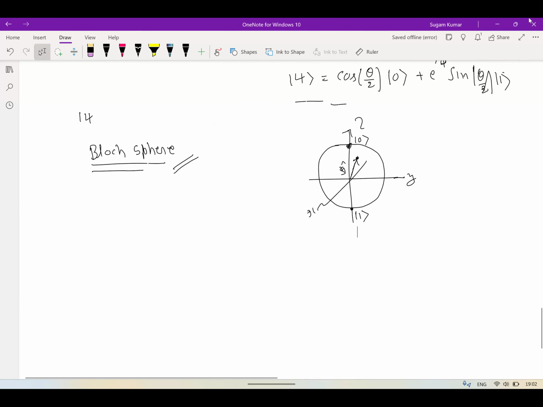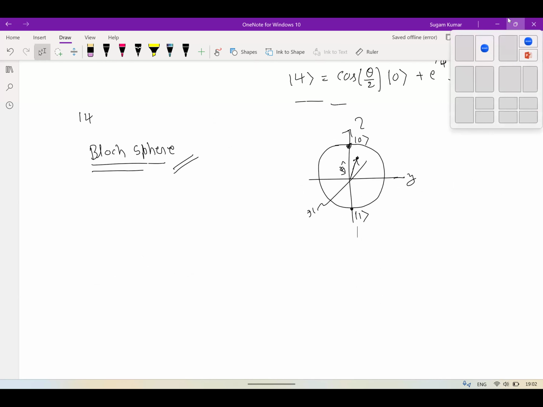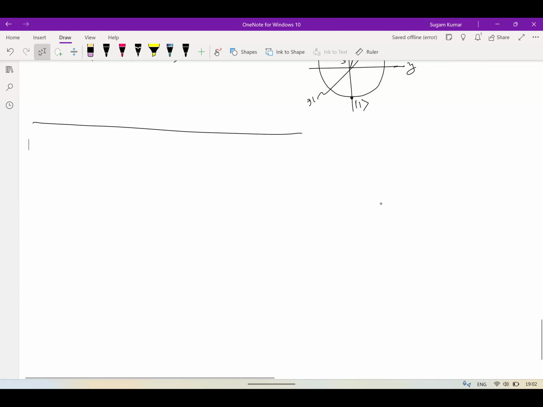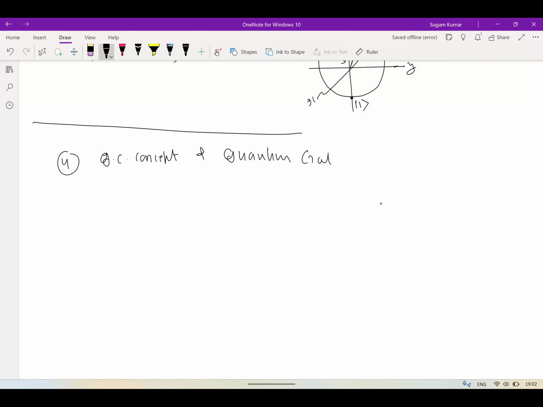So that is the one part where we will spend some time. And after this, the next topic, the main topic for us to understand, is that from quantum mechanics we will go to the quantum computing concept and quantum gates. That is the fourth lecture, or maybe the third lecture also, and quantum circuits also.